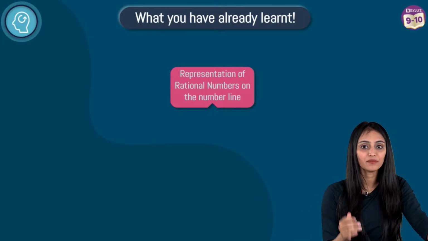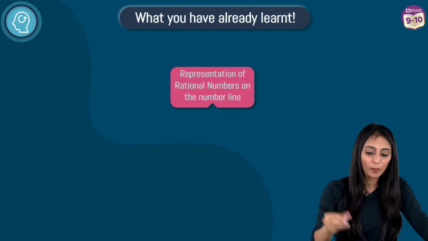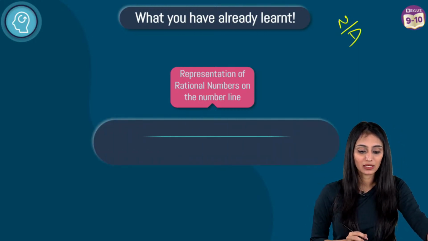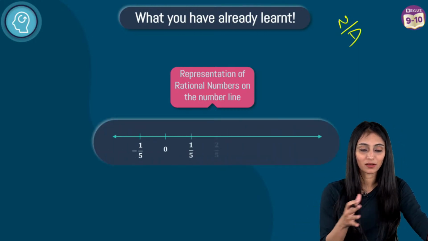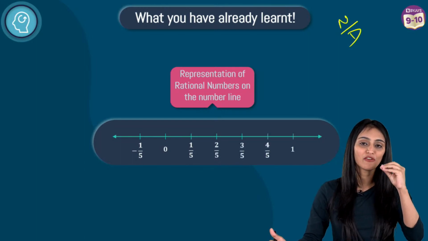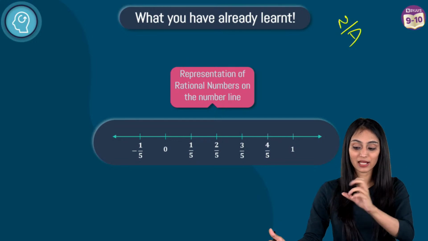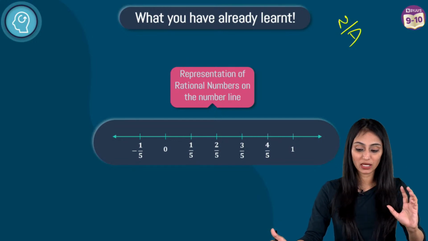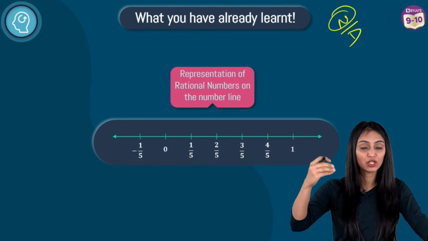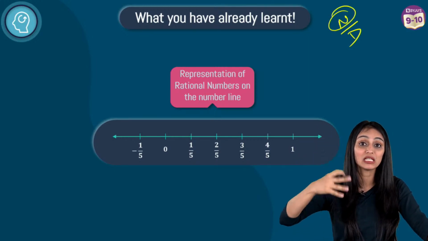So numerator is something which is a numeral above the bar. Denominator is basically the numeral below the bar, right? So if you talk about this number line, we can see the rational numbers over here. The denominator actually tells us the number of parts into which the first unit has to be divided, right? And the numeral above the bar, which is basically your numerator, it tells you how many of these parts are